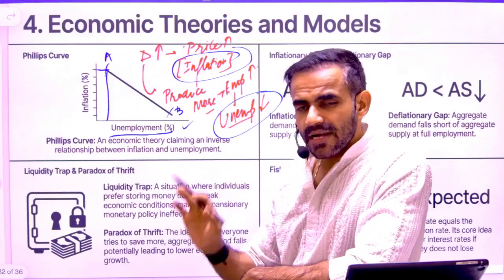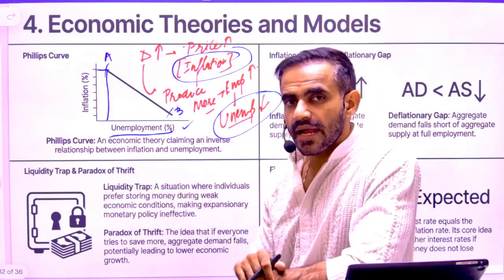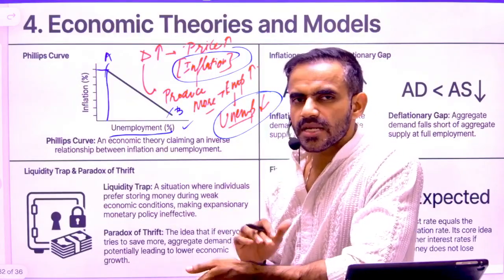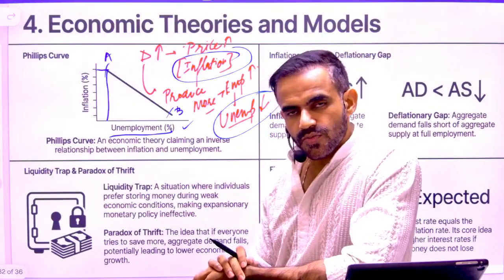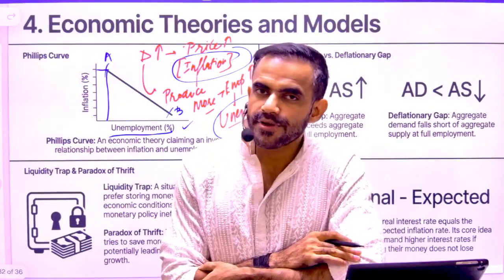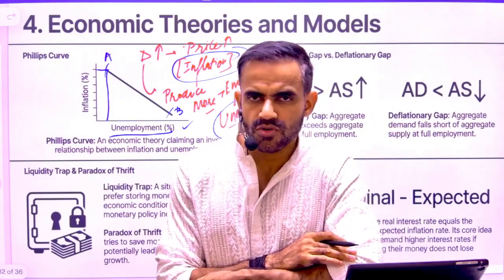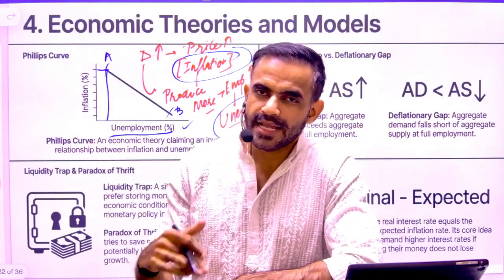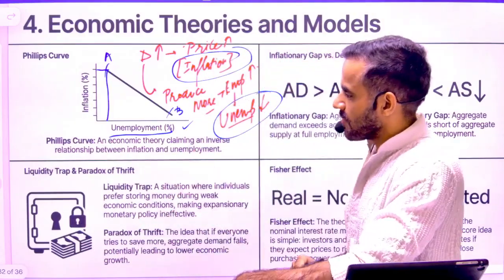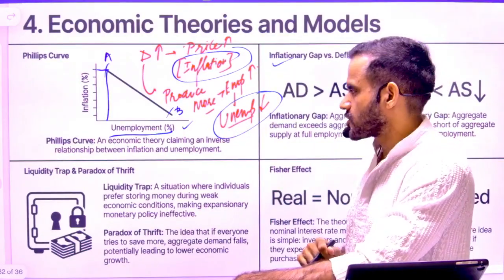The moment demand goes down, the price level will also go down, inflation will also go down, and subsequently factories need not produce more. Why? Because the demand has gone down. Try to understand it this way. During COVID, companies produced masks. Now COVID is gone. Will they continue to hire workers to produce more masks? Of course not. So those workers will be removed. That will lead to unemployment. So this relationship is reflected through the Phillips curve. We have covered the Phillips curve and the inflationary and deflationary gap.